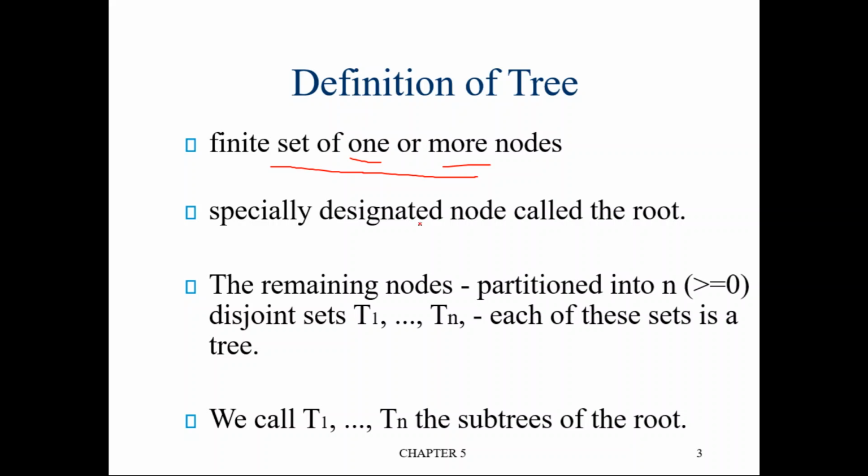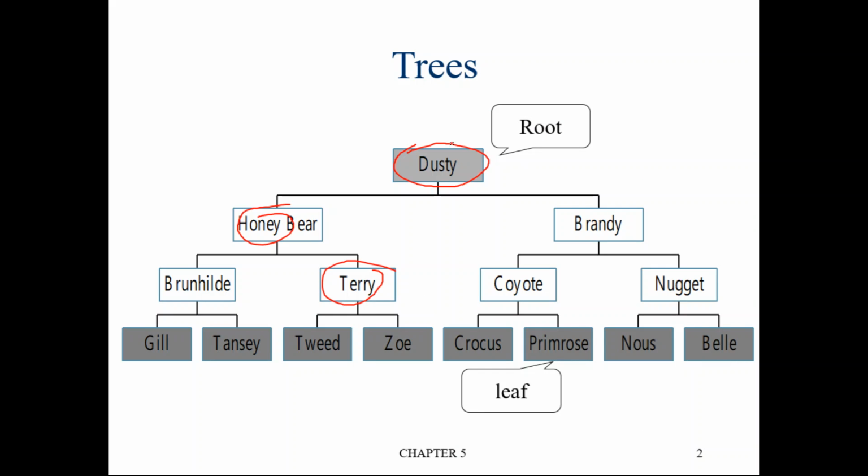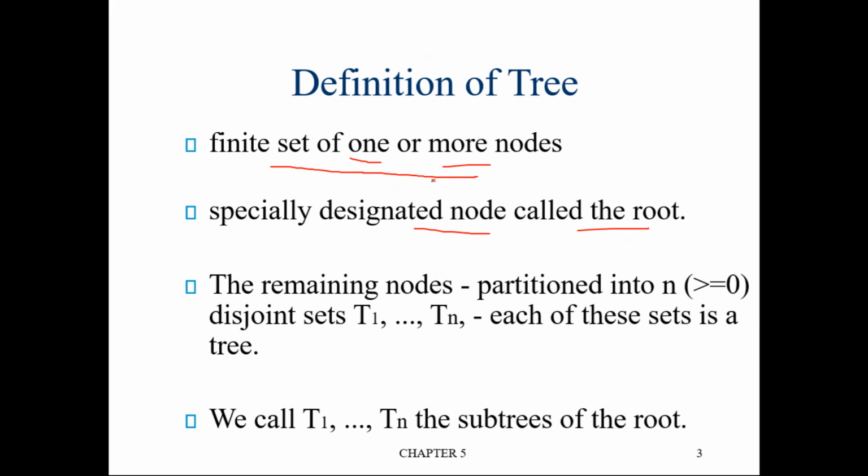There is a specially designated node called the root node. Always in a tree there will be a specially designated node, and that node will be called the root node. The remaining nodes, that is the nodes other than the root node,